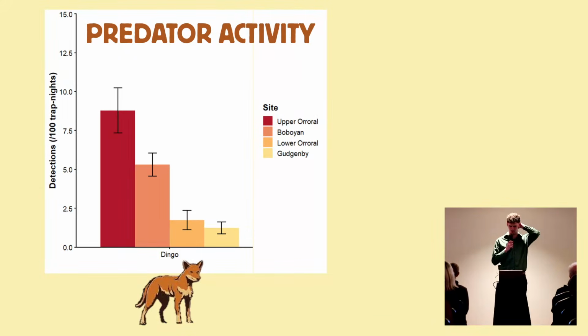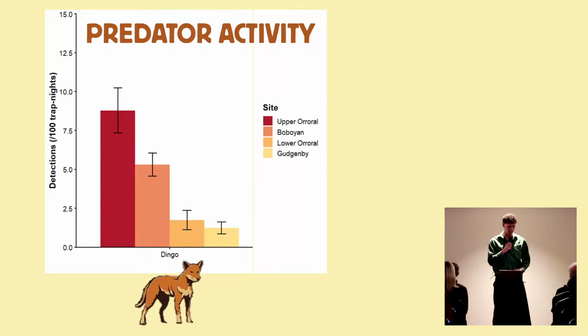Aside from capturing these cute pup pictures, the camera traps allow us to look at the populations for the different predators and look at their activity levels. So on this graph here, we have dingo activity at each of the 4 sites that I showed you before. Now the y-axis that we have here is detections per 100 camera trap nights. So that basically means, for example, with Bobian Valley that we got here, this one, for every 100 nights that a camera trap was out, on average it got about 5 detections of dingoes.